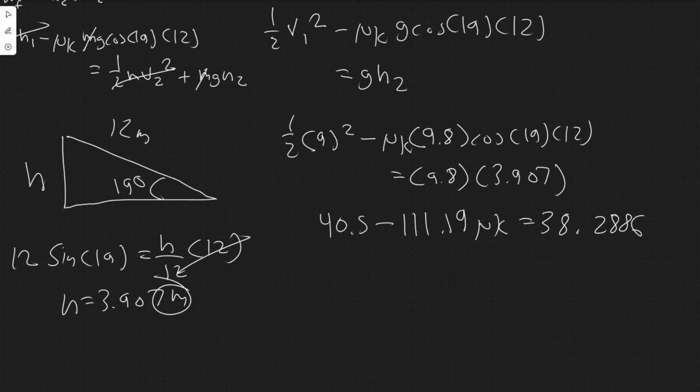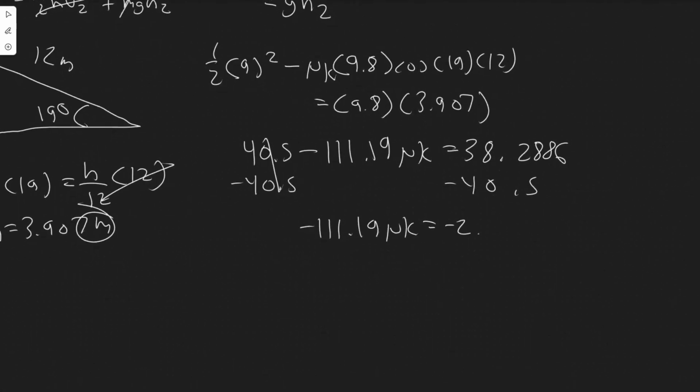So now let's go ahead and solve. So I would minus this to the other side. So keep in mind that this is minus 111.19 mu sub k equals, so we have 38.2886 minus 40.5, which is